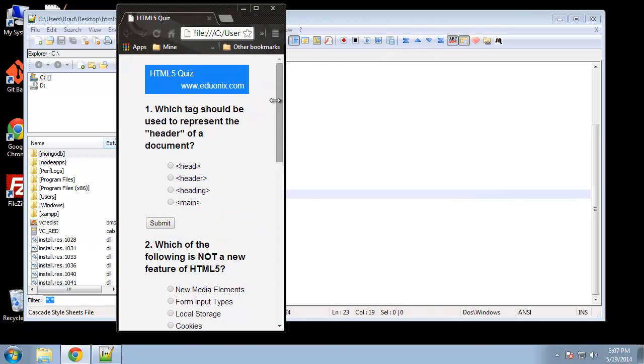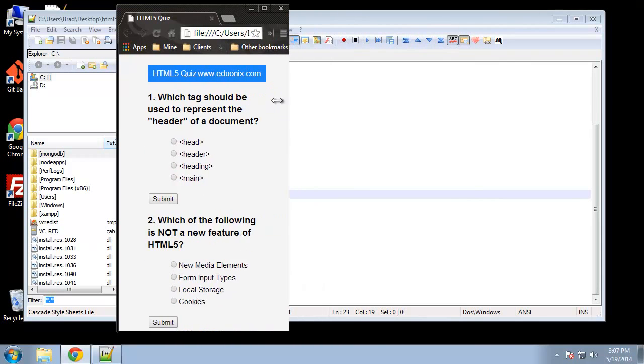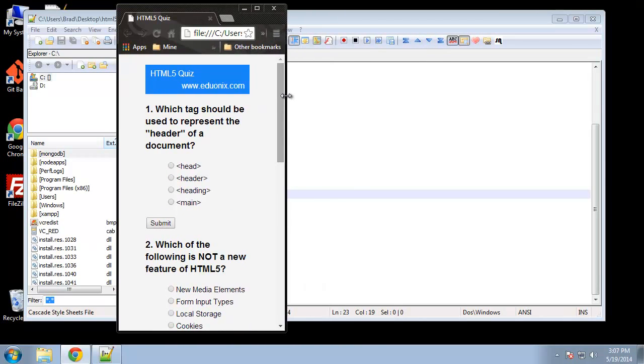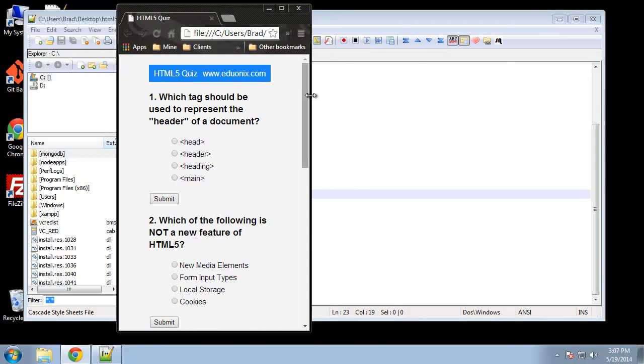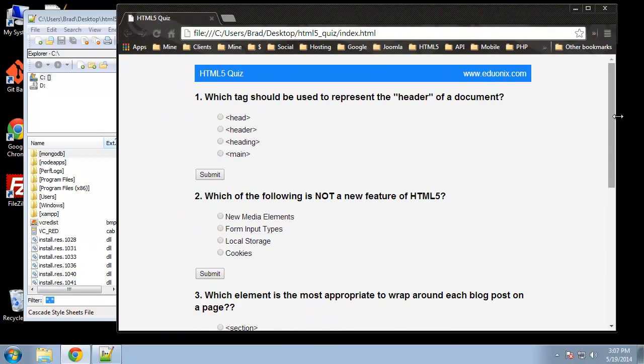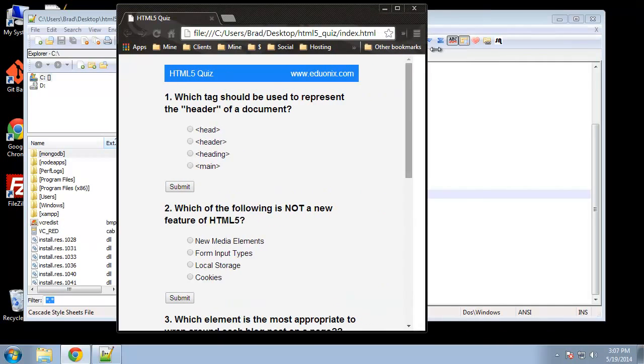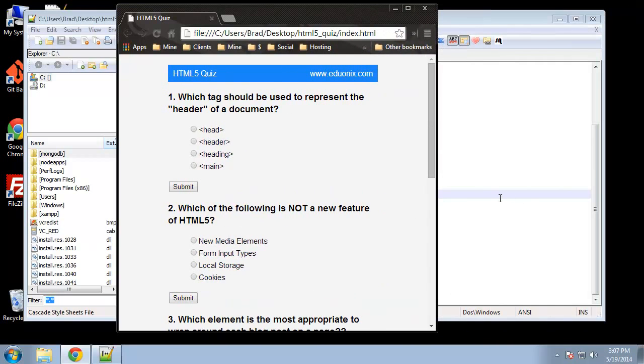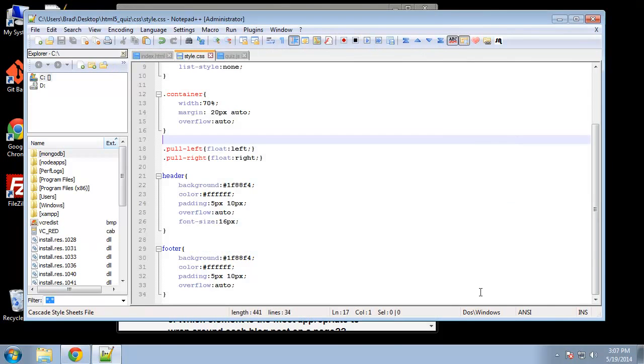Now one thing I do want to do is, let's say this is a mobile device, we'll say right here. Now I don't want this much space on the side if we're looking at it at this screen size. Alright, we want it to spread out a little more, but we do want that space when we're, say, out here. So what we need to do to achieve that is CSS3 media queries. Okay, so we're going to go to our document,